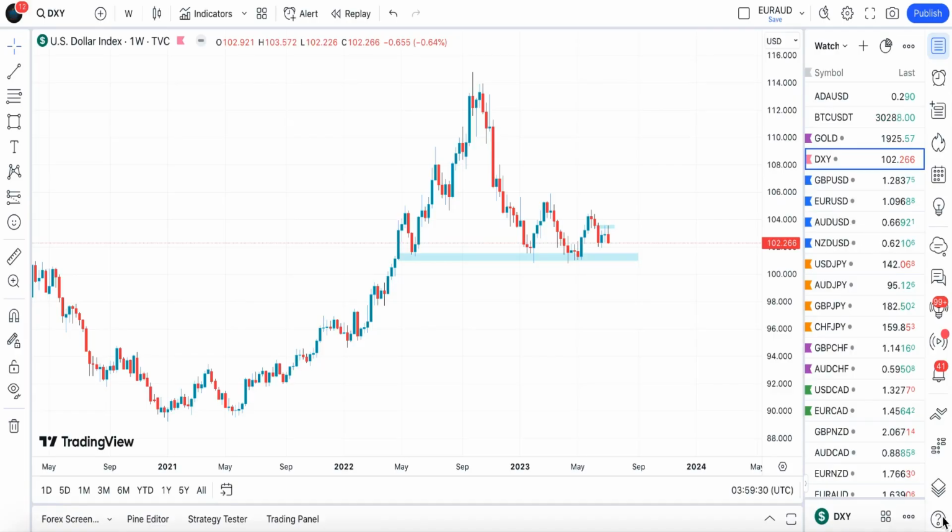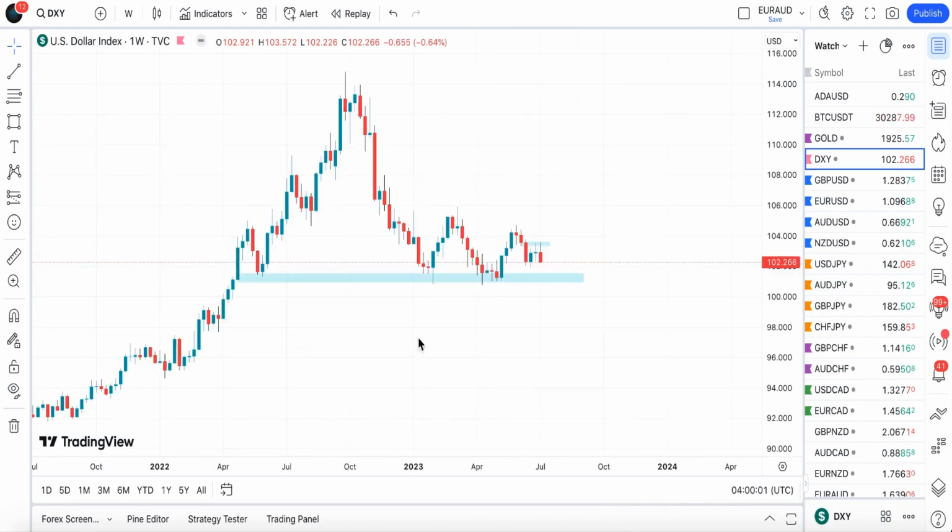Last week, we saw the decline in the United States dollar as a result of the weak ISM manufacturing PMI and then the weaker non-farm employment change report, which dragged the US dollar lower last week. And this week is another interesting week in the forex market, in which we have various fundamentals lining up for the United States dollar.